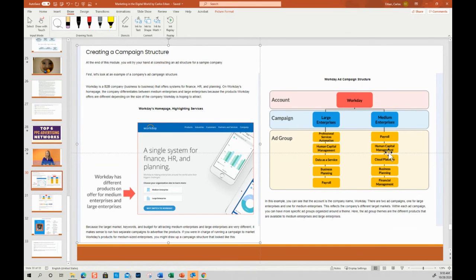And then it has some sort of human capital management, small cloud platform, business planning, financial management. So this is all for the small and medium enterprises. So that means, again, thinking about that website, if I'm a small enterprise and I click here, it's going to take me to a very different part of the website than if I'm a large enterprise,